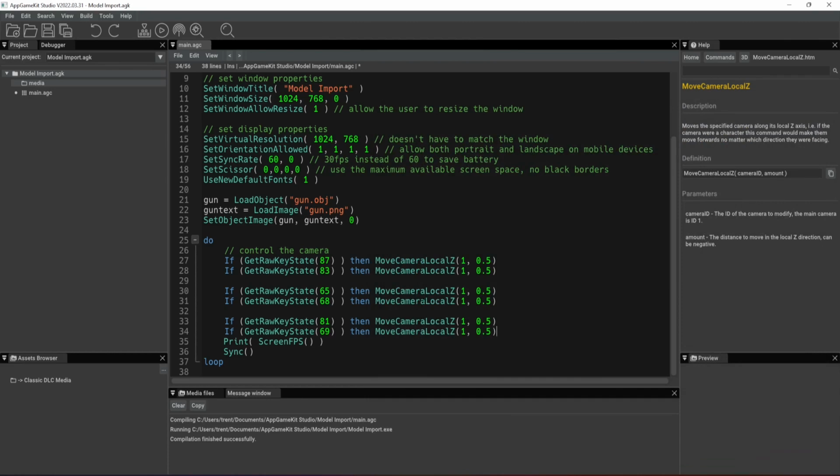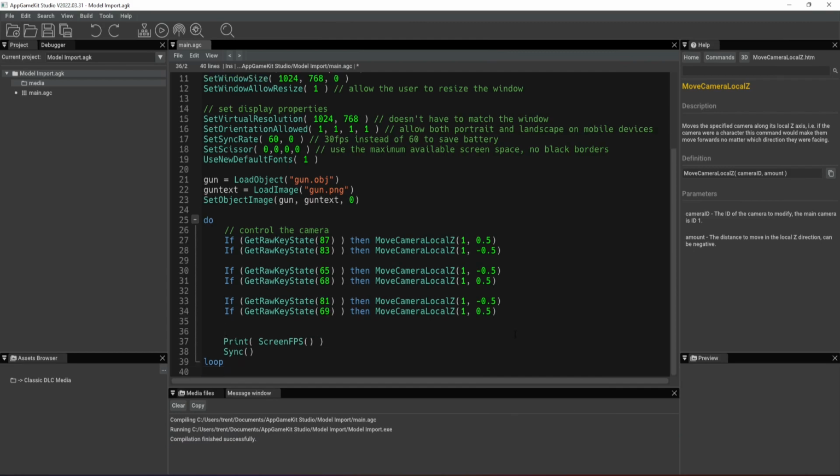All right. So now we just need to change these values here. Since we want them to do the opposite of each other, I'm going to add a negative here, and also a negative here. And so let's go ahead and go down to here, and I'm going to add another if statement. It's going to be if, and then we're going to say get, oh, actually I need to put a parenthesis around that, get pointer pressed,